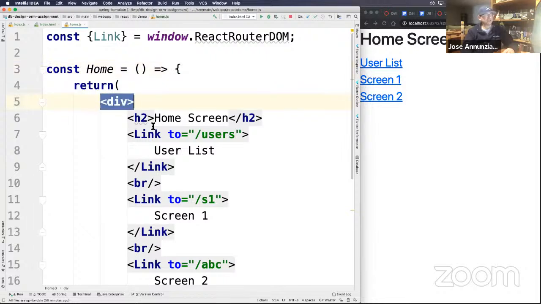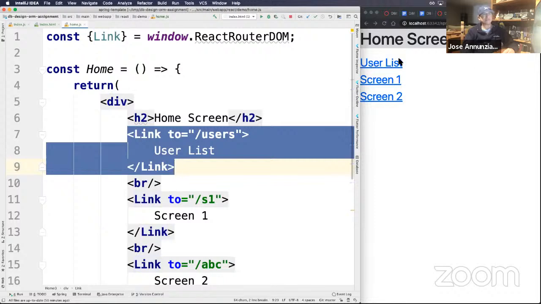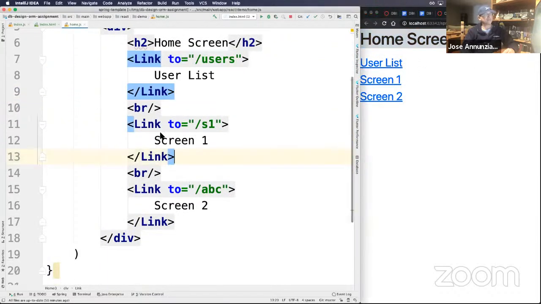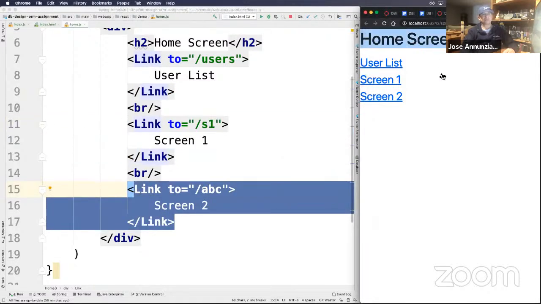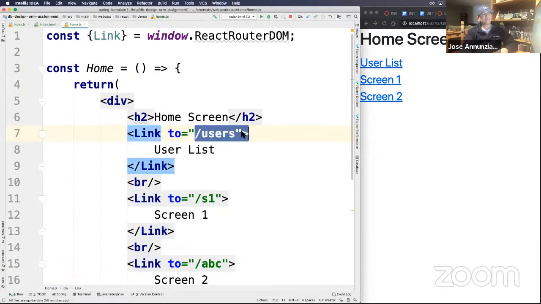So this function is returning this H2, which is this H2 right here, home screen, and then several links. See that, that's one of the links. And then screen 1, and then screen 2, which are these links over here, screen 1 and screen 2. And again, in the last lecture, we talked about how to implement those simple navigations. What are these hyperlinks doing? They are changing the URL at the top of the browser, and when the URL of the browser changes, it kicks off